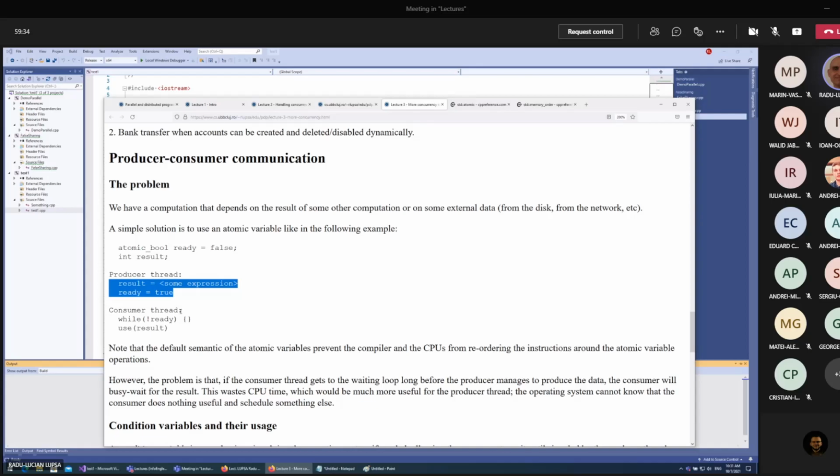So if I look here at memory order release, a store operation with this memory order, where store means anything that writes to the variable, so that includes fetch add or whatever, because it writes something to the variable,